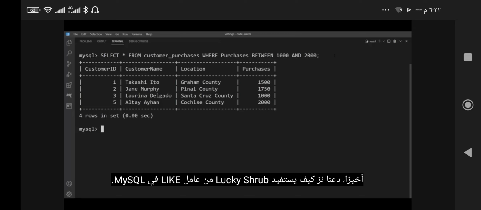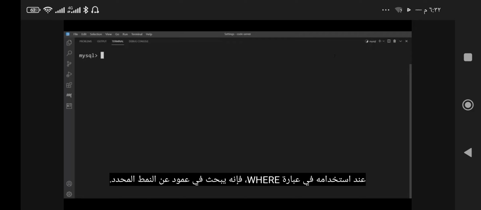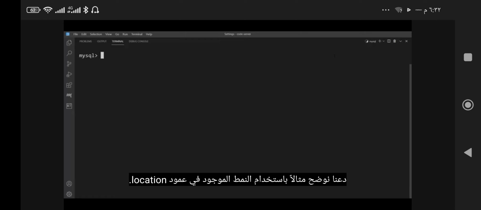Finally, let's see how Lucky Shrub make use of the MySQL like operator. The like operator is used for pattern matching. When used in a where clause, it searches a column for the given pattern. This means that it filters out data from the table based on the pattern. It's often used in conjunction with wildcards for single or multiple characters. Let's demonstrate an example using the pattern on the location column. You can filter out the records that have a location value that matches the pattern. Lucky Shrub's pattern must be set to find any values that start with G and are at least 3 characters